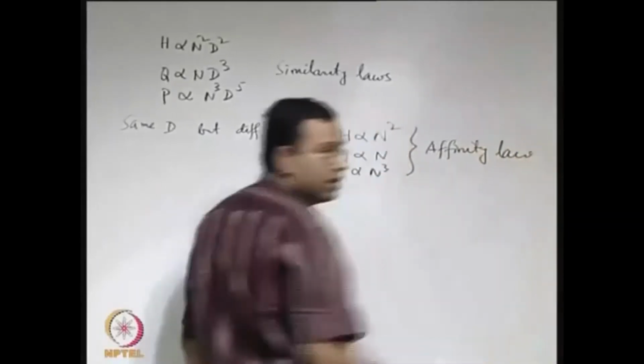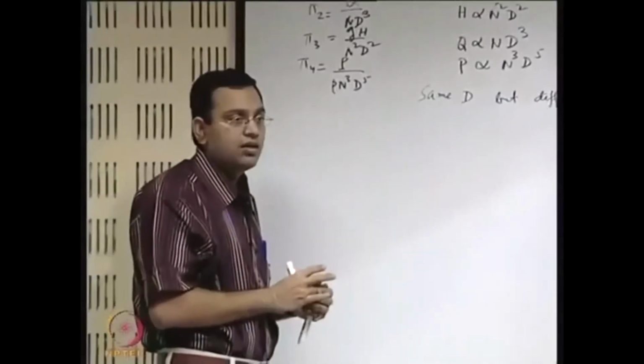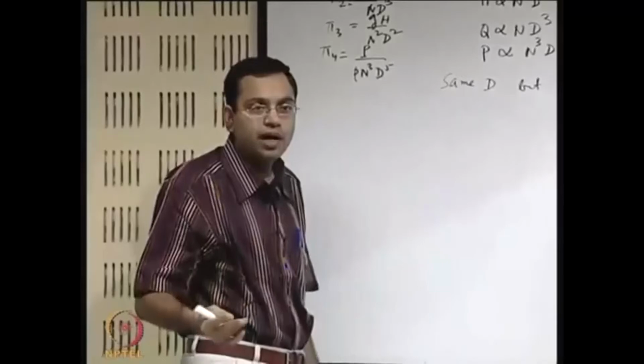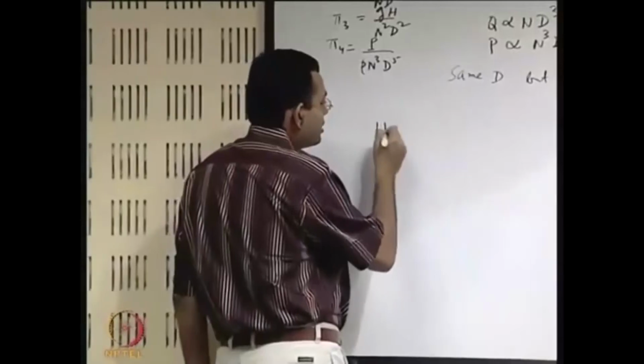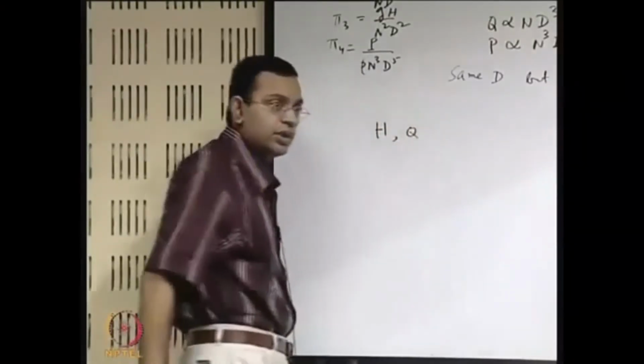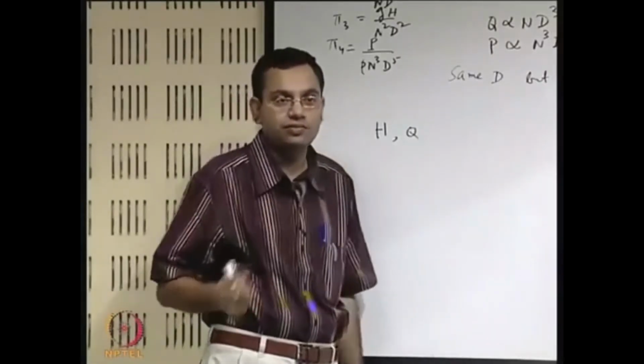So, of course, it is a special version of the similarity laws. Now, the next important thing is, from these characterizations, is it possible to come up with a signature of a particular type of device? When we say signature of a particular type of device, again we have to be a bit more specific, that is, we have to see whether we are thinking about a pump or a turbine. If you are thinking about a pump, important characteristics are H and Q. In fact, we have seen an example where we try to characterize the performance of a pump with an HQ curve.